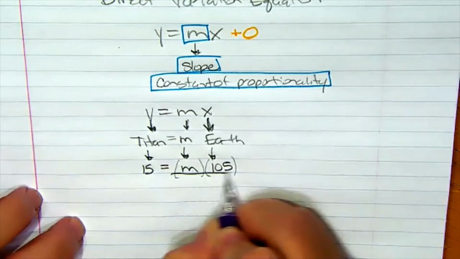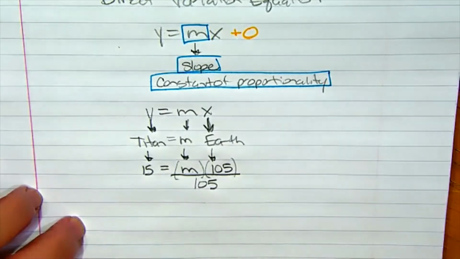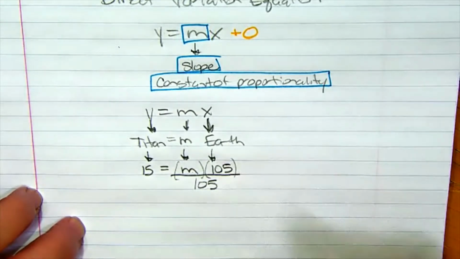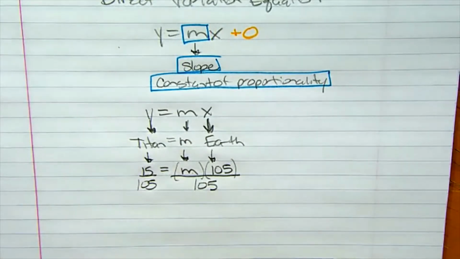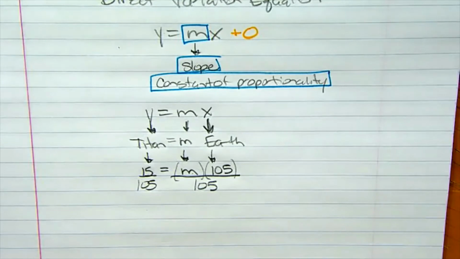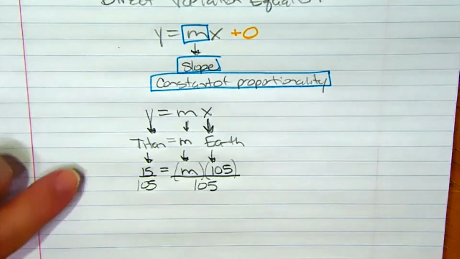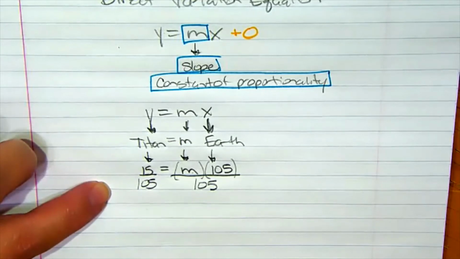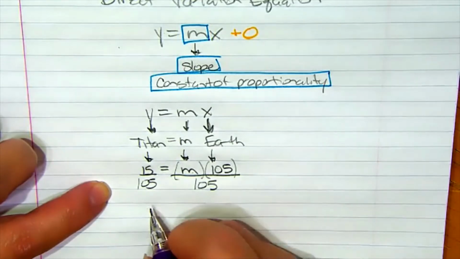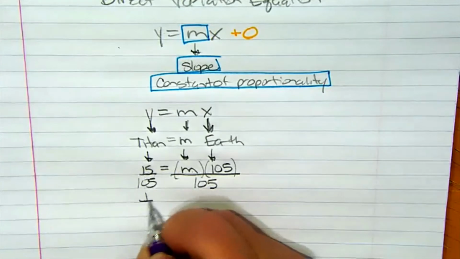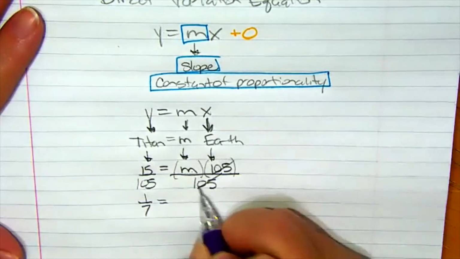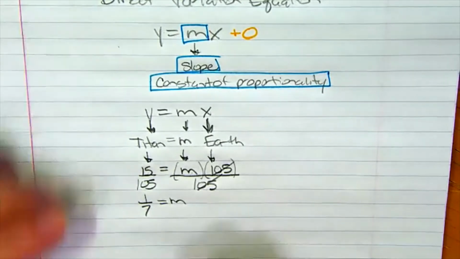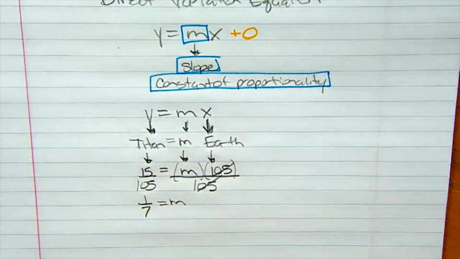So I'm going to divide by 105. What I do to one side, I must do to the other. I know 15 divided by 105 is 1/7